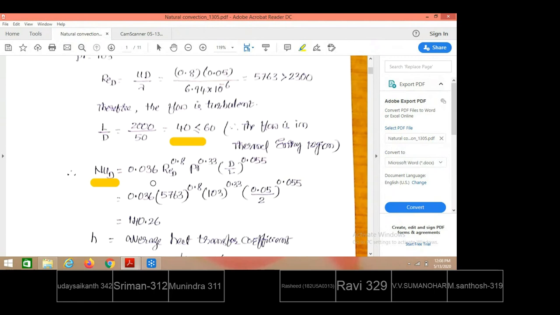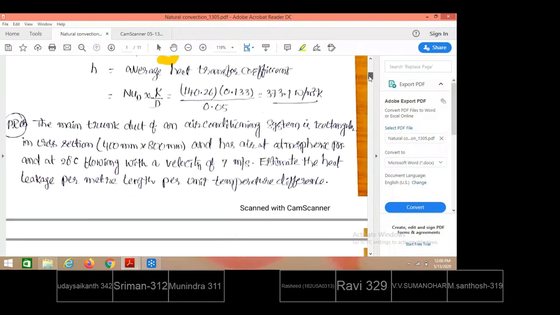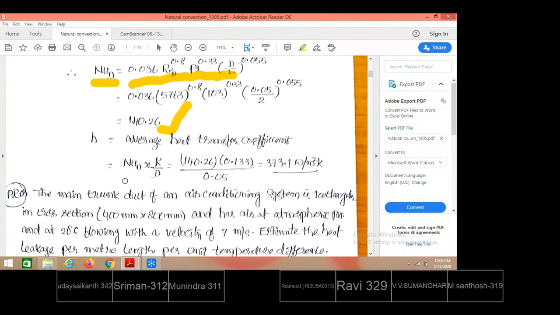After knowing all these flow conditions, satisfying all these constraints, by looking into the data book you must take the valid Nusselt number relation like this. After substituting into these relations, we have to estimate the Nusselt number value. After getting the Nusselt number value, that must be equated to hd by k. From there h is separated out and h will be calculated.